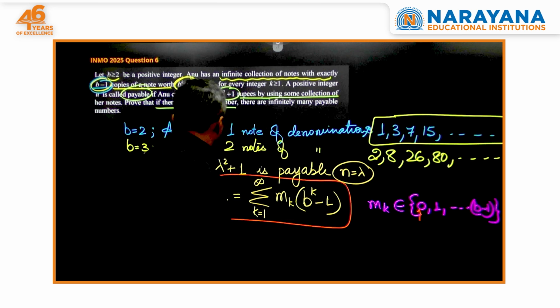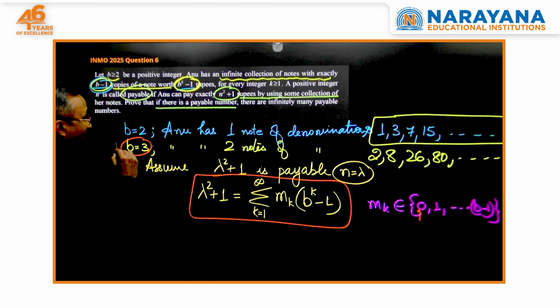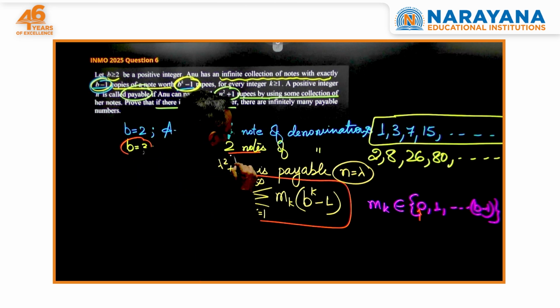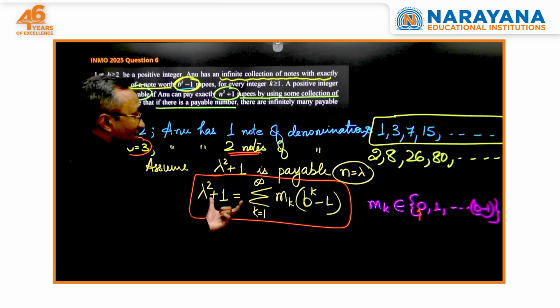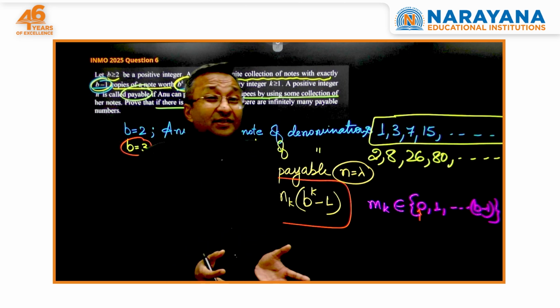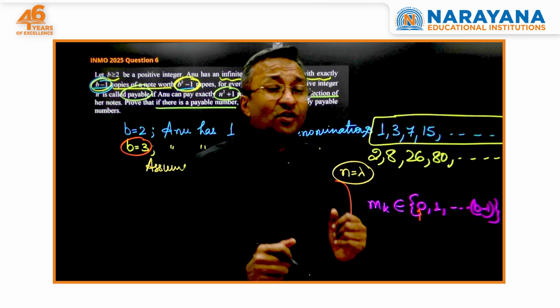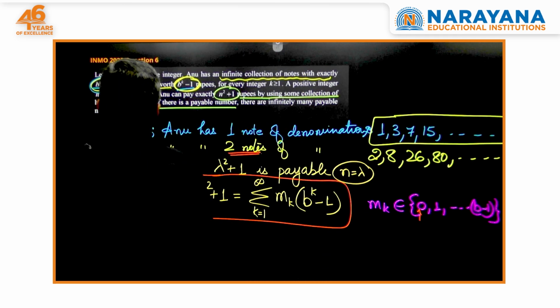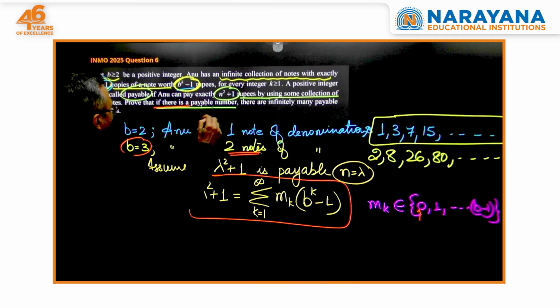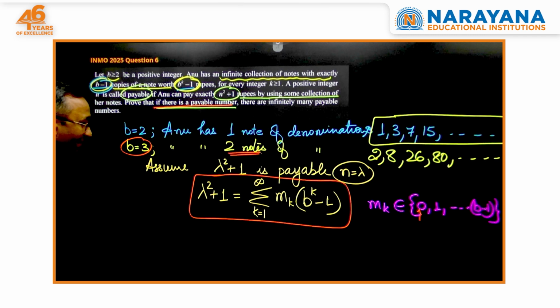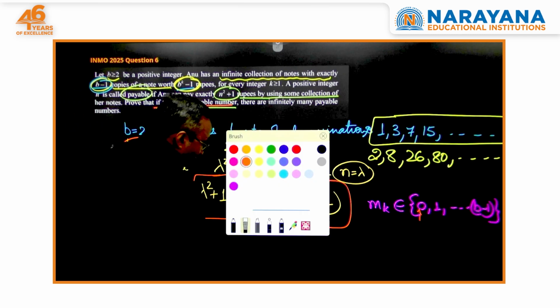But remember, if b is 3, then you have at max 2 such notes possible. Now, I am least concerned whether it is possible once for a particular value, because it's not induction. They say if possible once, then up to infinite times. Now, all you need to do is